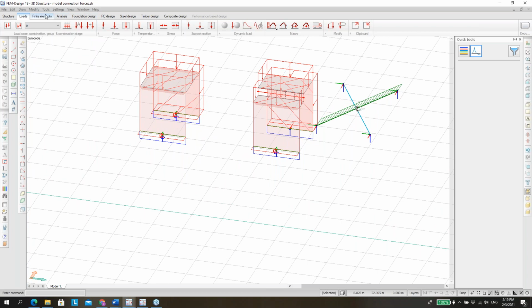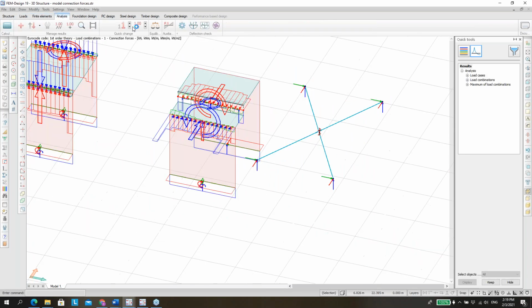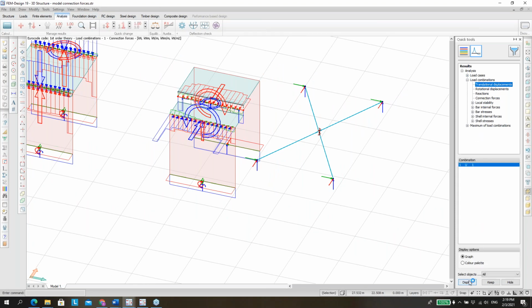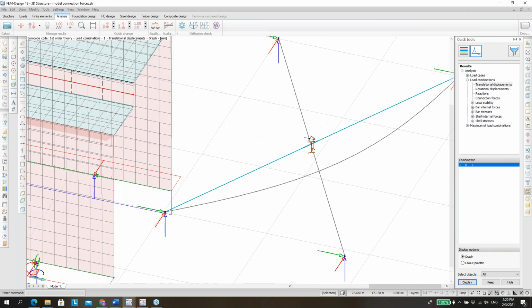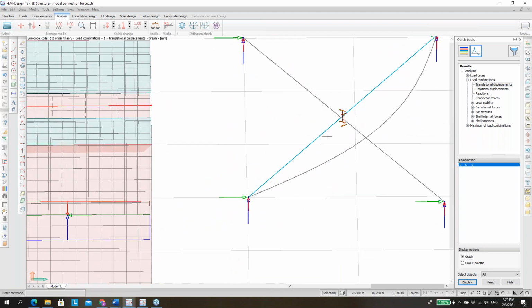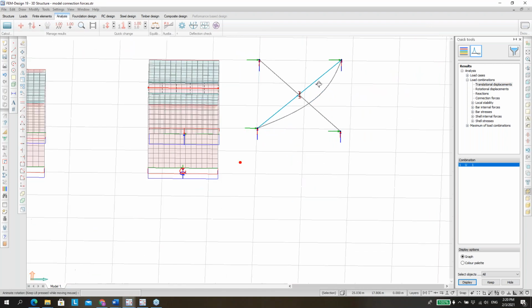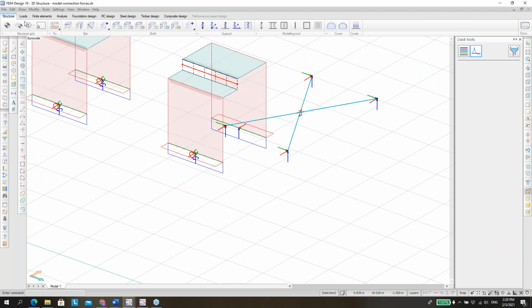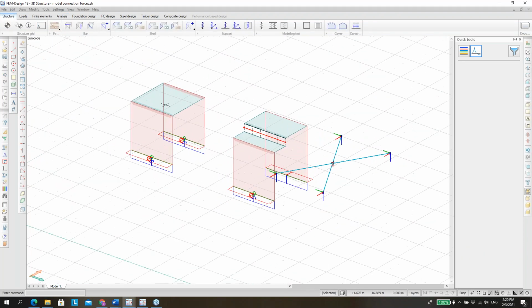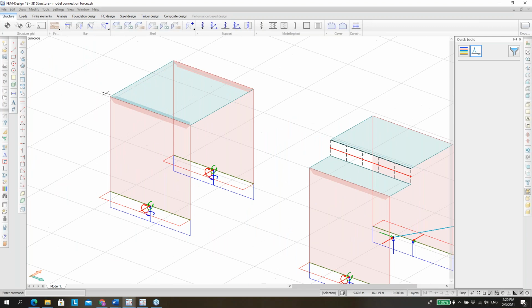Right, and for example, if we return now and we go to load combination and we do the displacements, we see that just one bar is being displaced because the common point is no longer common. By using the point-to-point connection, we can basically split those points and transform them into 2 separate points. Now, maybe you are asking yourself, okay, but how do I do that? Well, it's pretty easy. Of course, with the